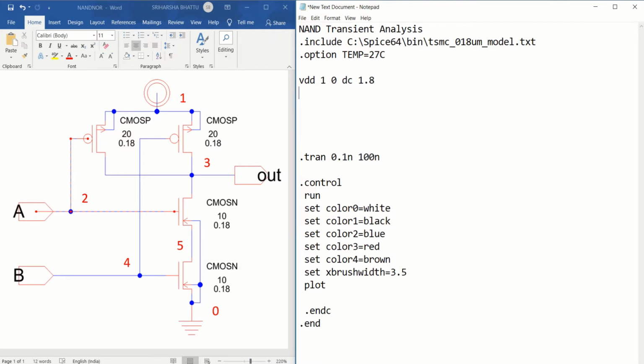Next, we have to define the inputs. I will write VA as the input.